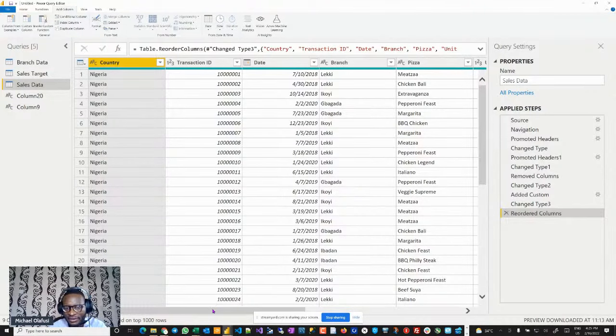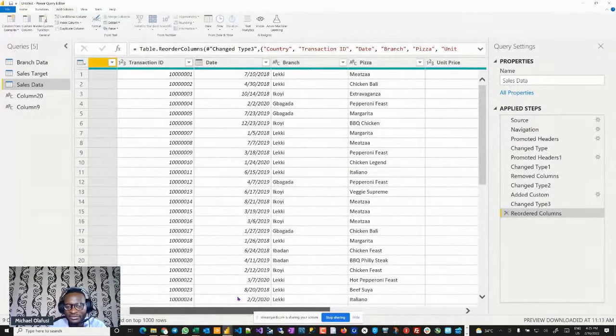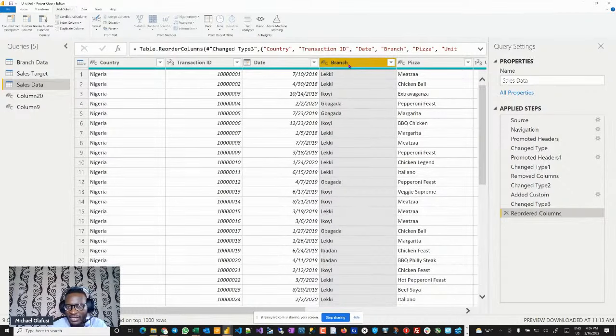Let me see what could have nulls in this place now. If there's a sale that was not attached to a branch, then it's going to show null in this branch. That's not a problem in itself. It just means that there was no branch allocated to it. It's not a case of thinking that's an error, taking a print screen and showing it to someone up the data stream, maybe the person who configures the DB or the business people, and telling them that they should make the field for branch compulsory when people are filling. But it doesn't fix the data for you. It just shows you, and that's all it does.